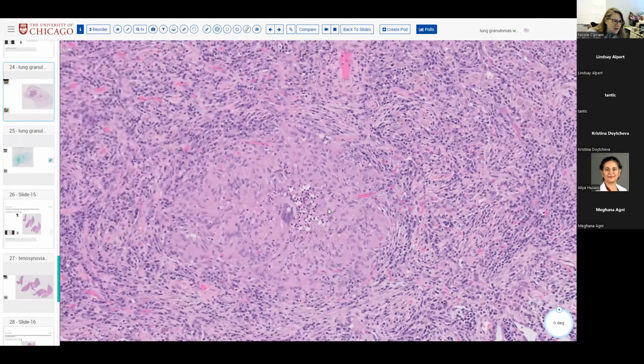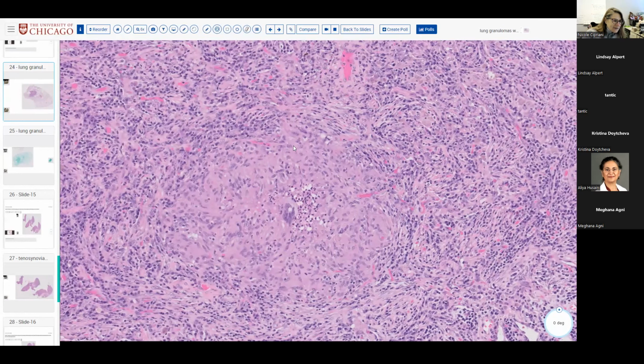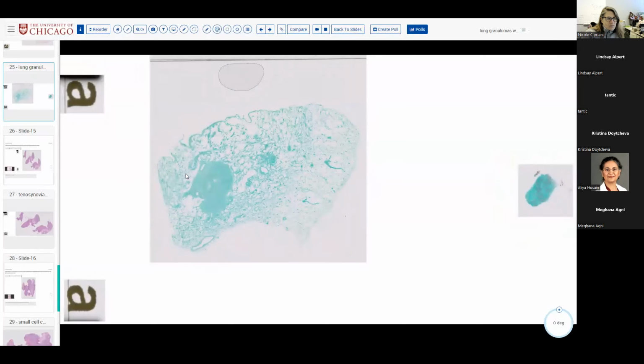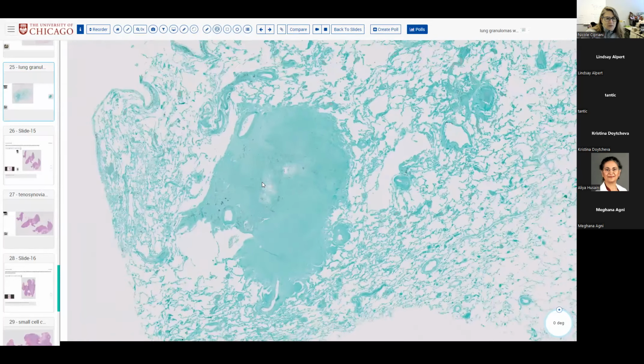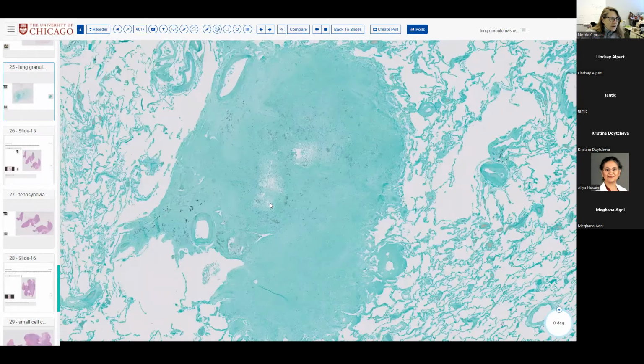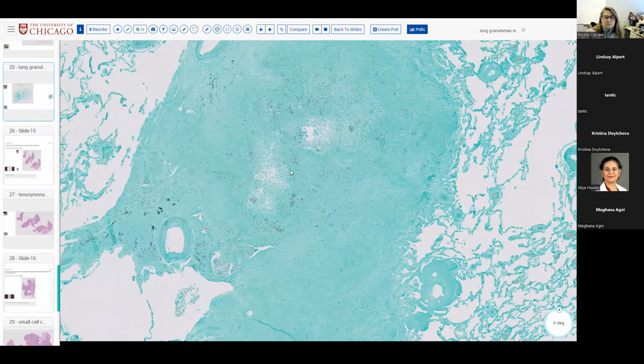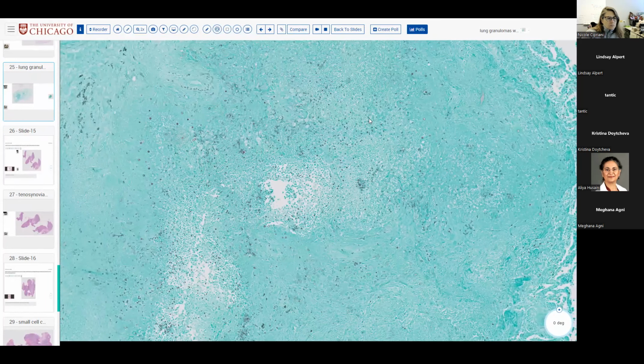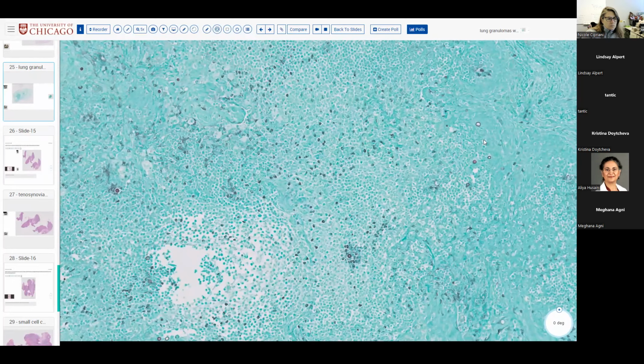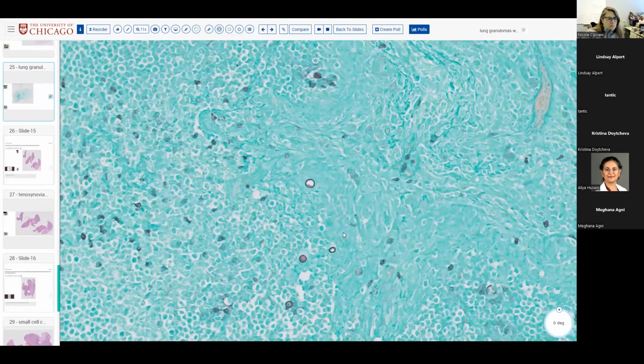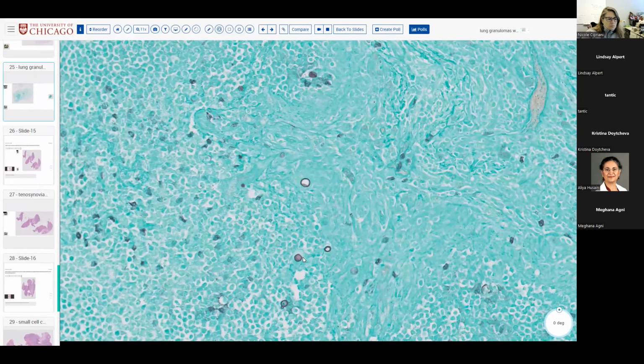And you should know what those two organisms are because you want to order the right stains and look at them. So the two are blasto, which has this very characteristic look of having neutrophils within the granuloma. And the other is nocardia, which will also give you mixed inflammation, but nocardia tends not to have such a distinct granuloma. So I would not have thought nocardia in this patient. They tend to have small granulomas, not this large one. So the stains that you would order, you would recognize the granuloma. You're supposed to order